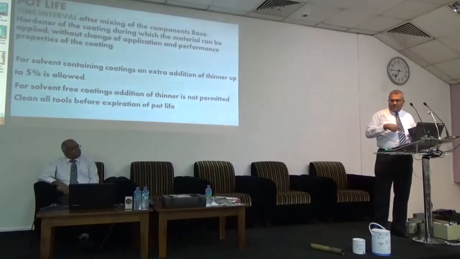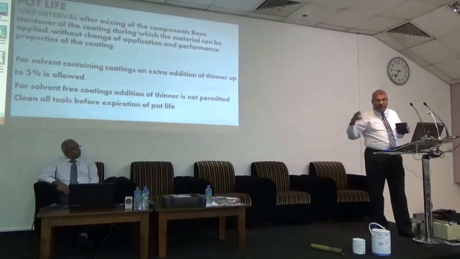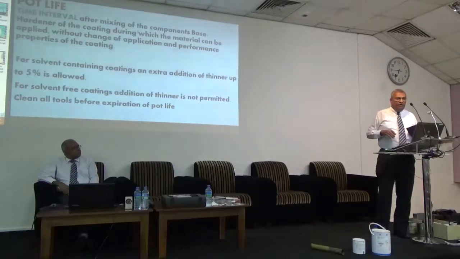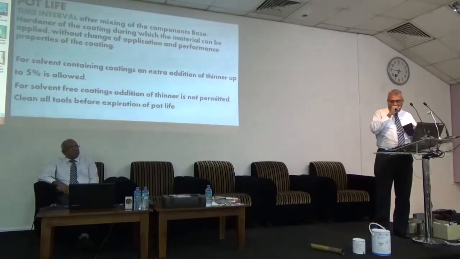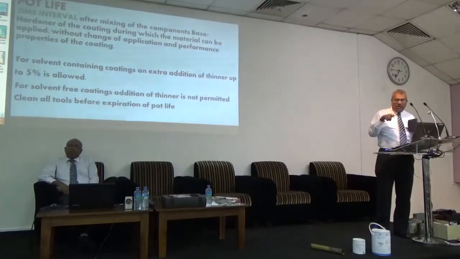So if you have 75 square meters, you have 5 people, you mix all together and apply, no problem. But if you have only 30 square meters, if you have only 10 square meters, and if you have only one guy to apply all 75 square meters, if you can't do it within 4 hours, then the pot life will lapse. So you need to do some calculation and say, okay, this is 30 square meters, put only this much. Otherwise, your company is going to lose money because base hardener mixing, curing, lapse, the pot life lapsing, you are throwing the paint off.